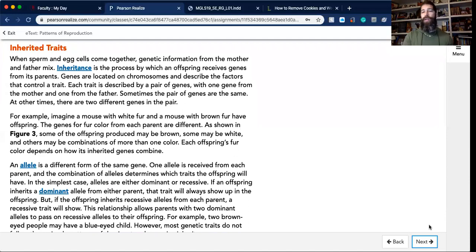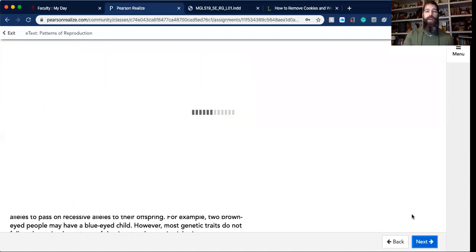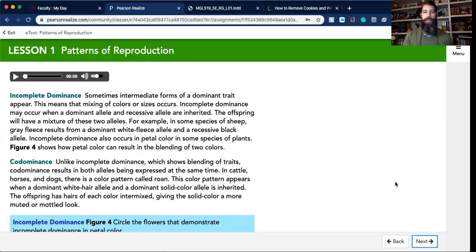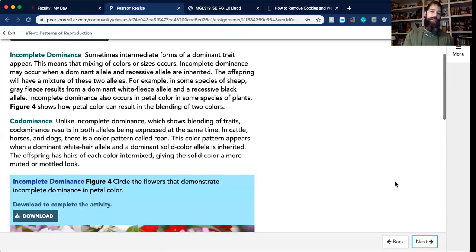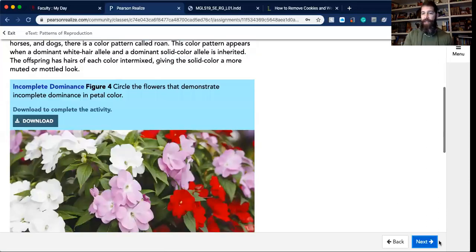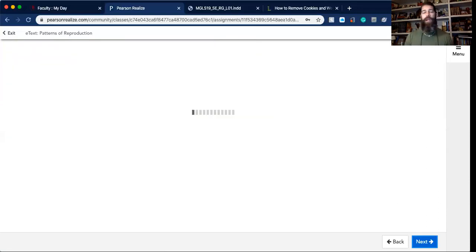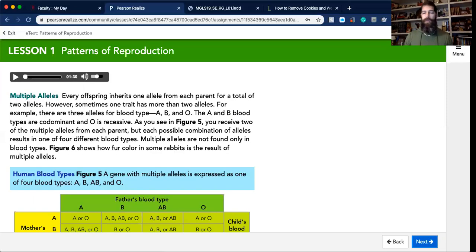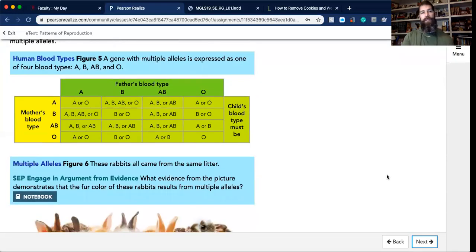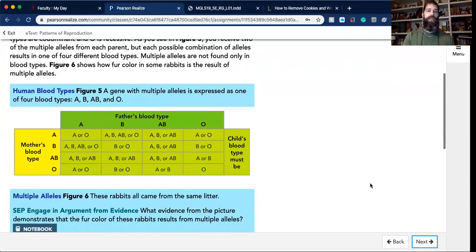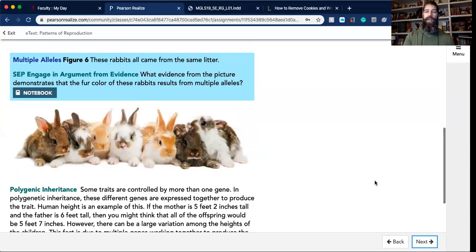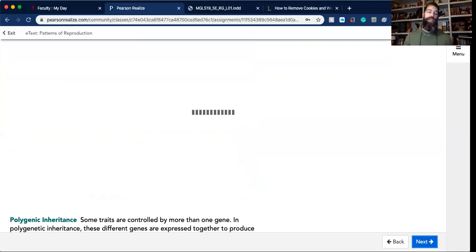We did go into dominant versus recessive, but there's also incomplete dominance, and then there's codominance. I find it fascinating that things like skin color are codominant, that basically there is no dominant and recessive. You have this wide variety of shades of skin color, which adds to the diversity of our species. We're going to get into some different things with multiple alleles, and this is going to lead us into inheritance.